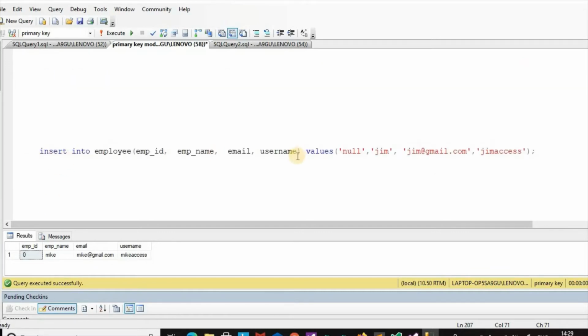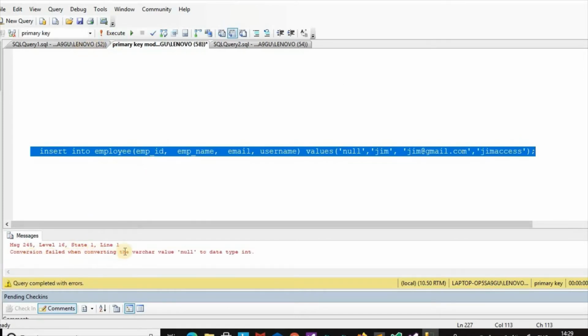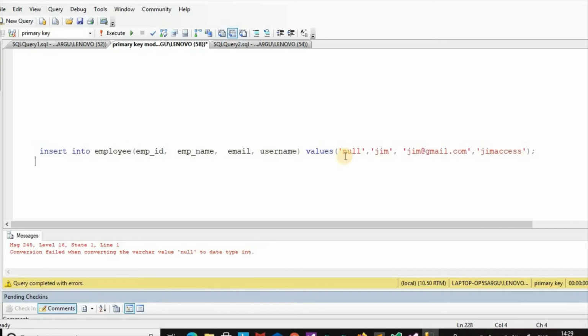Now we insert into employee EMP ID, EMP name, email, username values null, gym, gym@gmail.com, gym access. Here, instead of typing null, we have given null in quotes. Conversion failed when converting the varchar value 'null' to data type int. Suppose by mistake anyone gives this kind of null for checking.